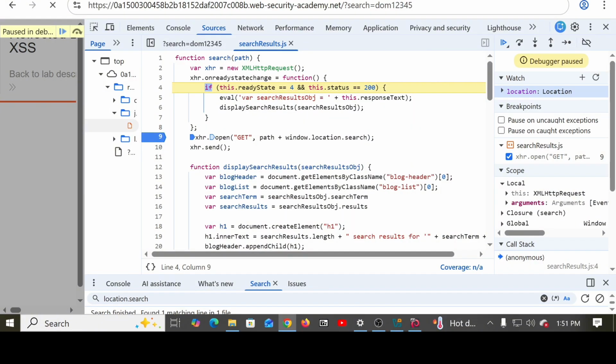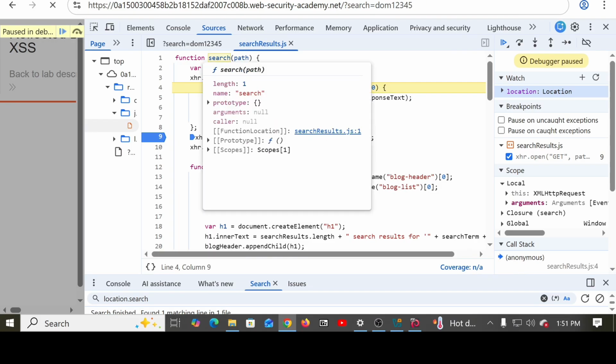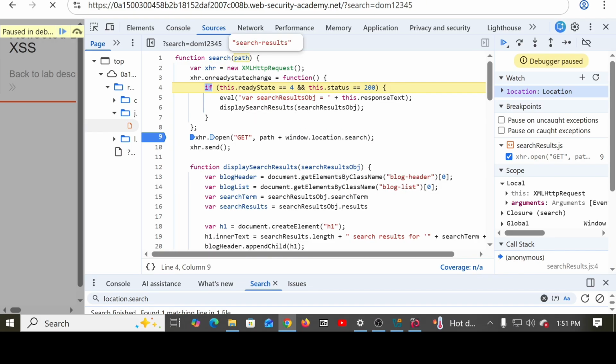We have this function called search, right? All these function calls are linked to location.search, right? And the argument in this function called search is path, right? And now there's a conditional statement over here, and if this conditional statement is true, then it's going to execute this, right? Now let's step over this and see the next line of code that this is going to